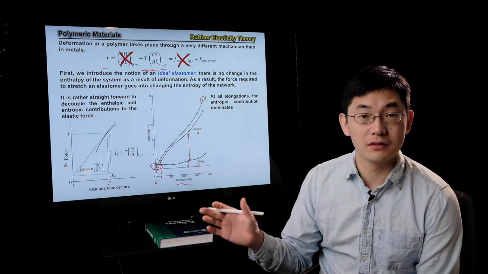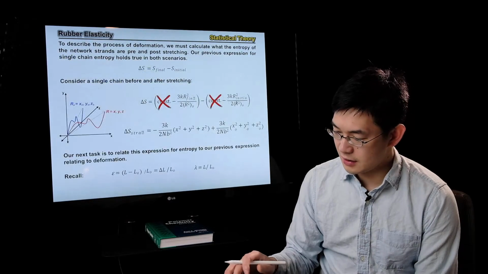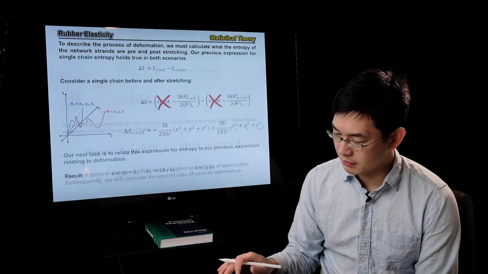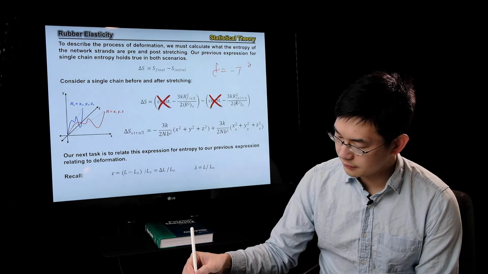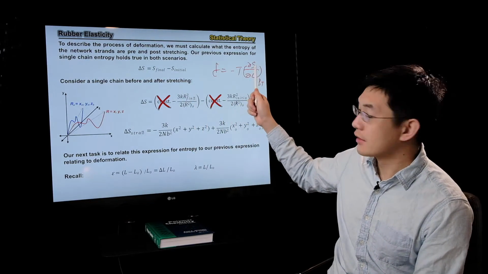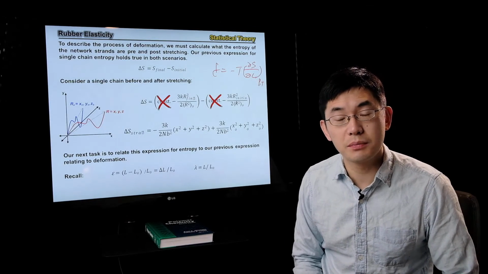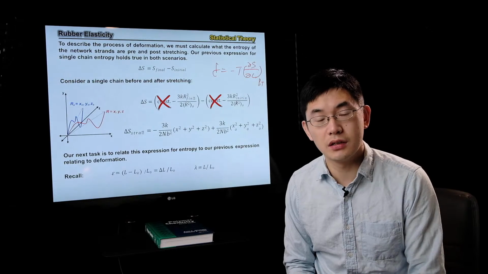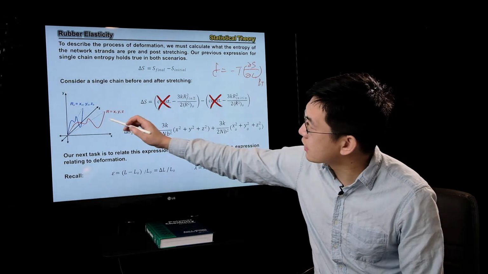So F is going to be dependent on temperature and the partial derivative of entropy with respect to L. Okay? So I'm going to write this particular equation. So this is important that we need to understand what is entropy before and after deformation. We can't just use one state, so that's why we need to consider